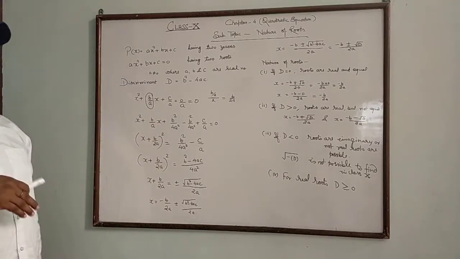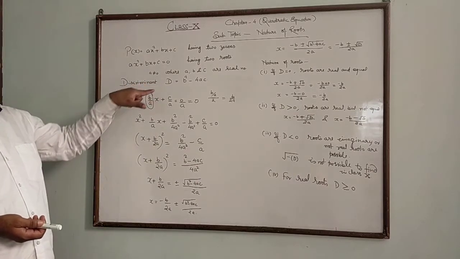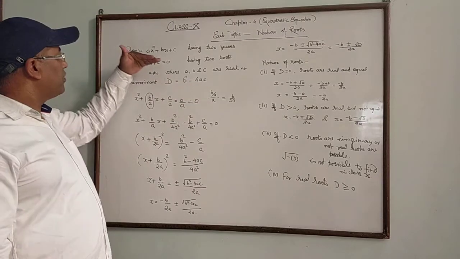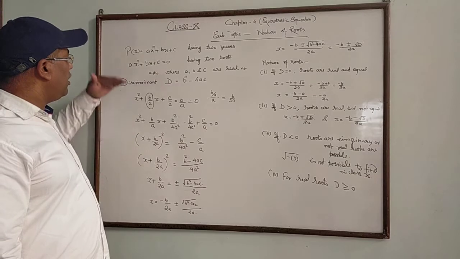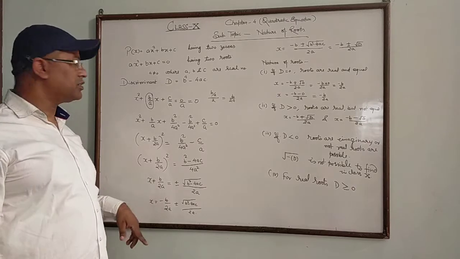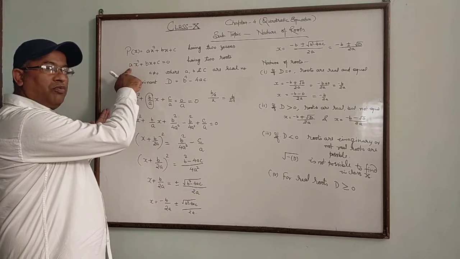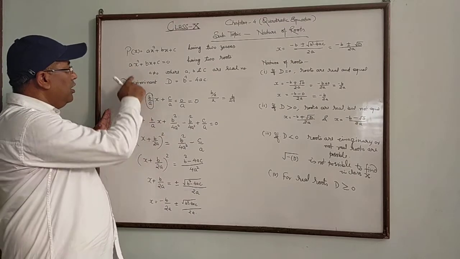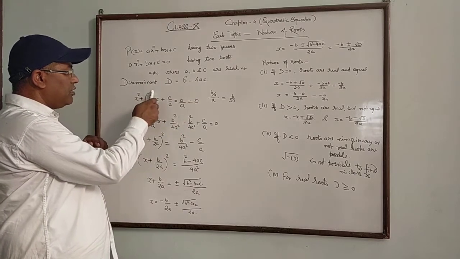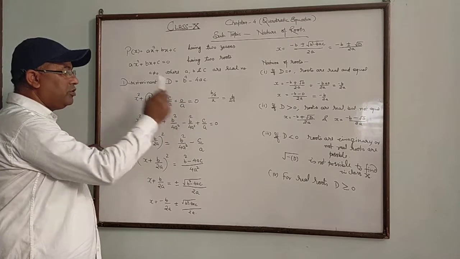So, how do we find the roots? It depends on the discriminant value. The discriminant D is equal to b square minus 4ac. We will see how to convert this equation into a complete whole square form and find the value of x. First of all, see the equation. If there is any coefficient of x square, divide the whole equation by a on both sides. So this side we get x square plus b by a x plus c by a, equal to, on this side, 0 divided by a, which is 0.